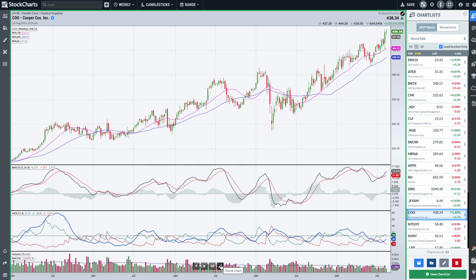But one key thing we want to look at is notice how ATEX is still below 25, even though we're making a higher high here. So we need to see, if we're getting real confirmation in this trend, the ATEX line should climb above 25. And actually, we want to see MACD make a new high as well. But for me, I look at the ATEX in this fashion because if the ATEX doesn't climb above 25, then